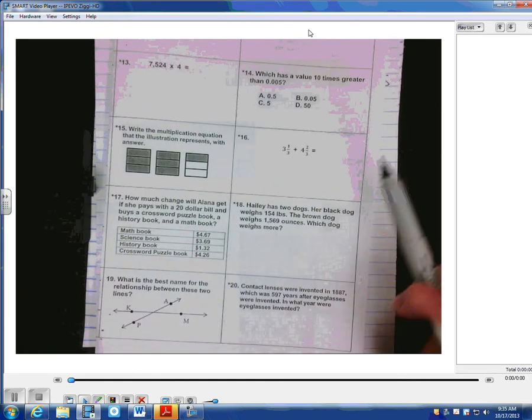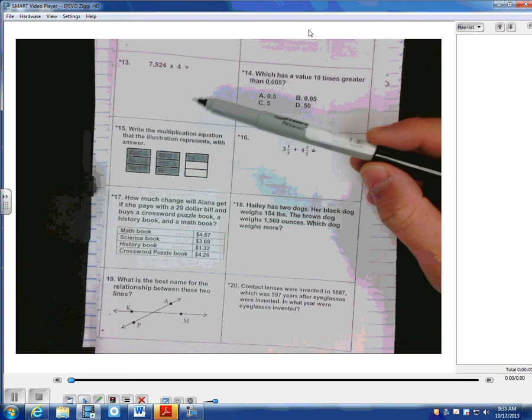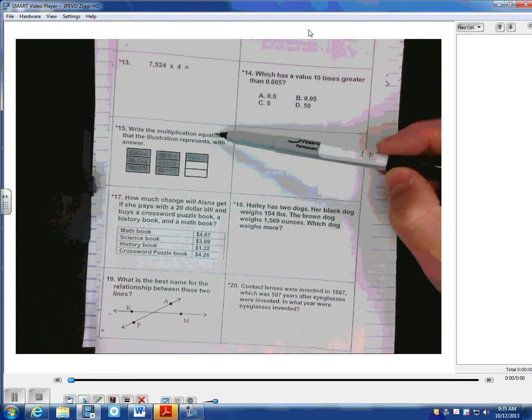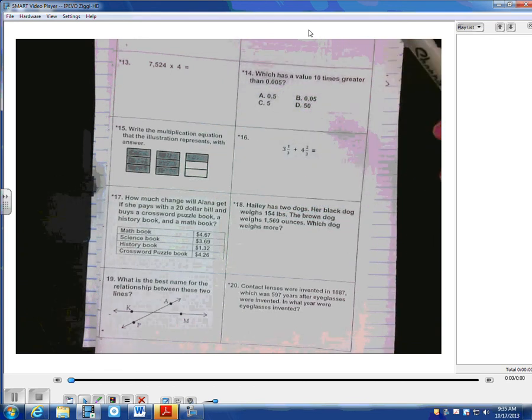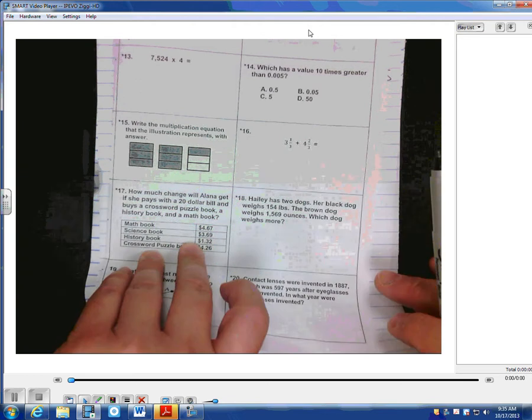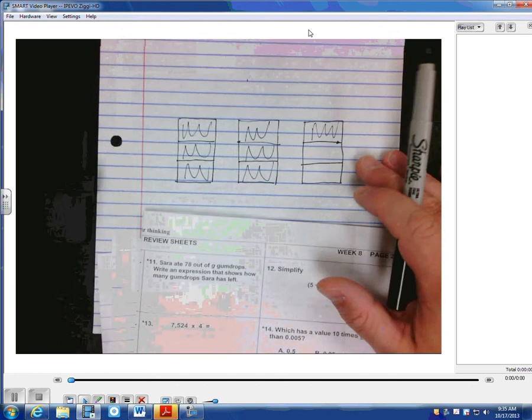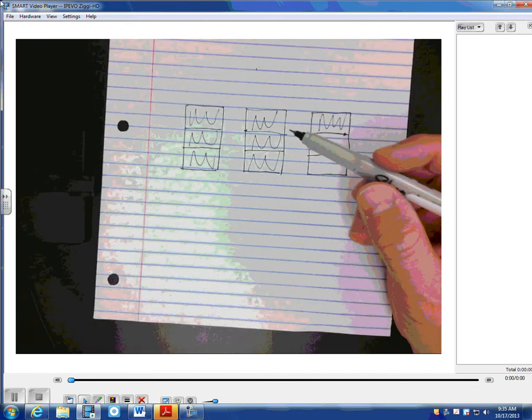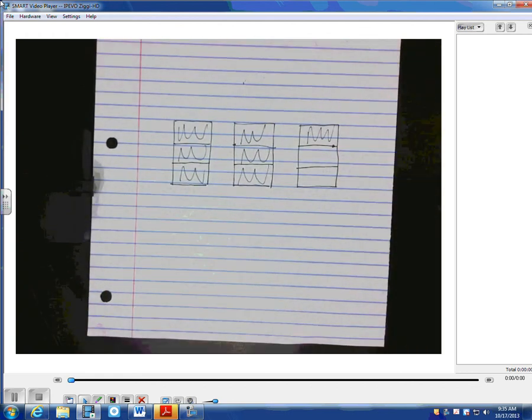And that's number 15. It says, write the multiplication equation that the illustration represents with answer. Okay? So, I kind of just drew the picture here. Now I need to write this. This time, on the front it was a little different. This one I need to write the multiplication equation for this answer. Okay? So,